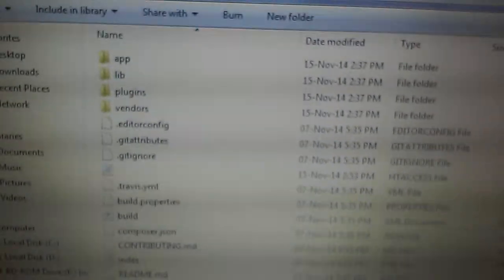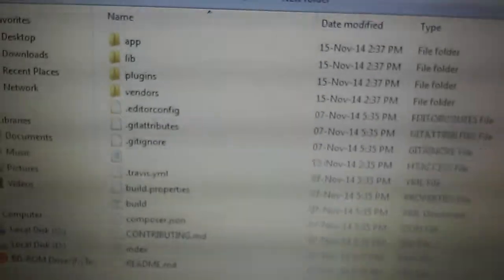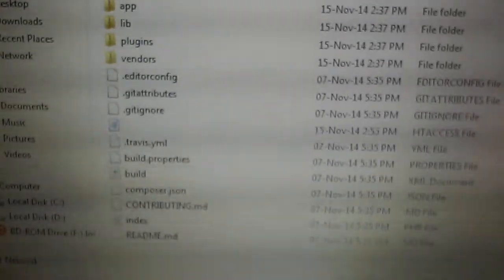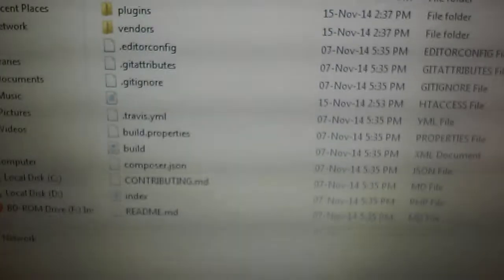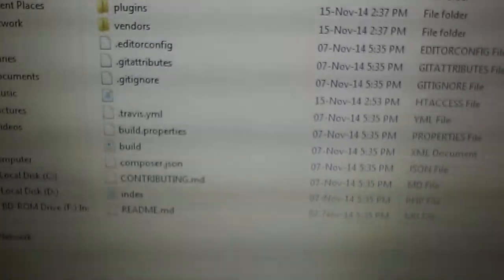Then we need to check that the following file structure is available: app, lib, plugins, vendors, and index.php. As we can see, app, lib, plugins, vendors, build properties, contributing.md, and composer.json are already created.